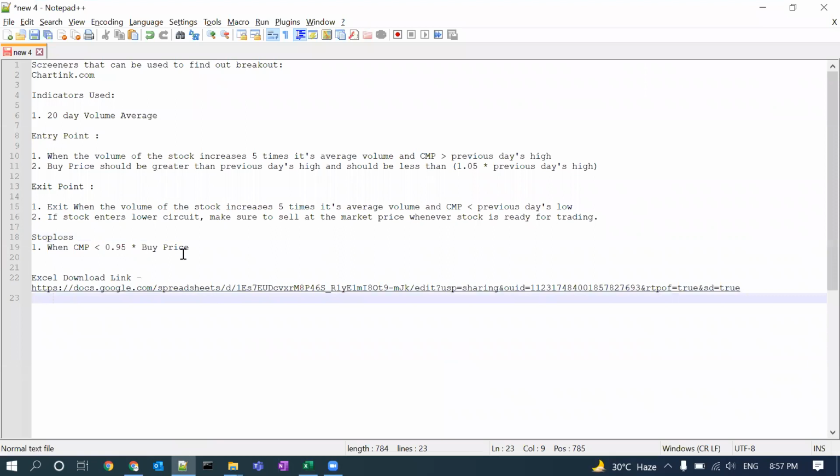Then we have a stop loss also in place. The stop loss is whenever our current market price falls below 5% of the buy price, then we'll exit from that particular stock. Okay,